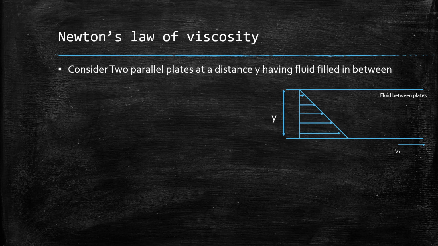Along with it, as you go towards the upper layer, the velocity will go on decreasing. The triangle that you are seeing over here is called the velocity distribution. So now it is of interest to us as chemical engineers to know at which point what is the velocity. So we need an equation that finds out, at a certain distance y, or let's say at half of the distance, what would be the velocity, right?